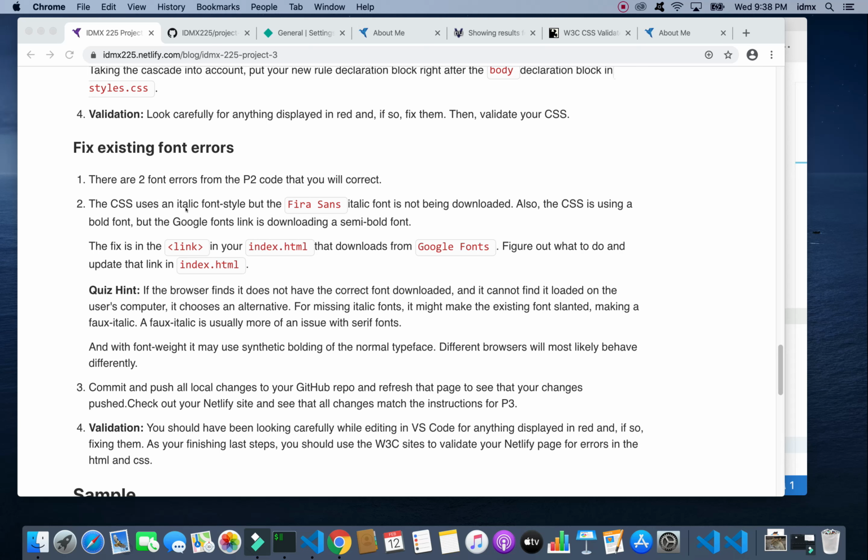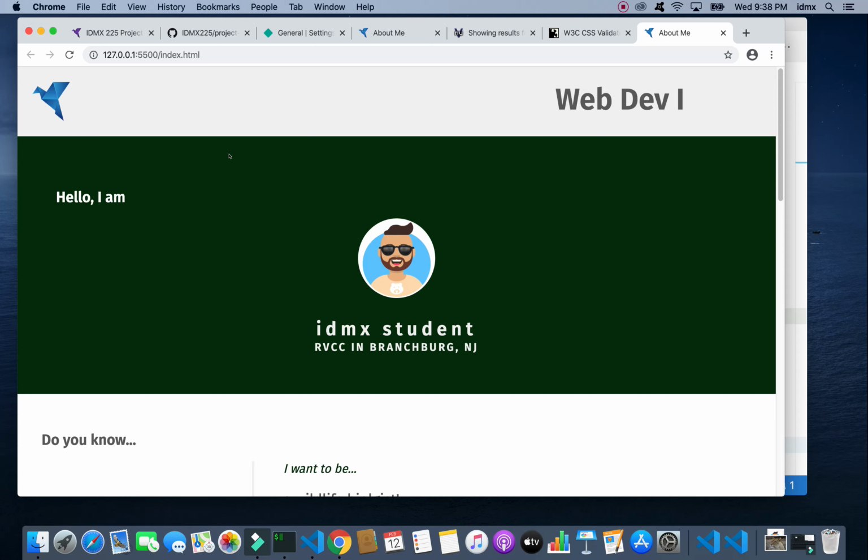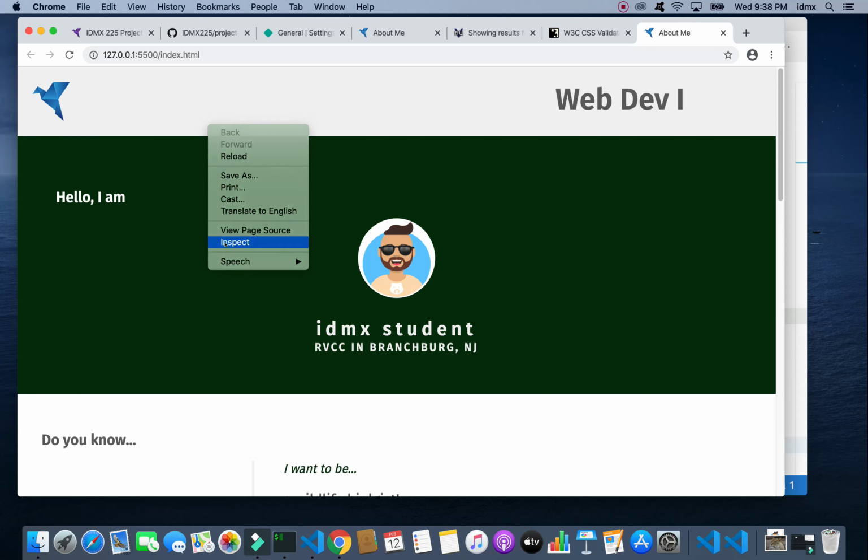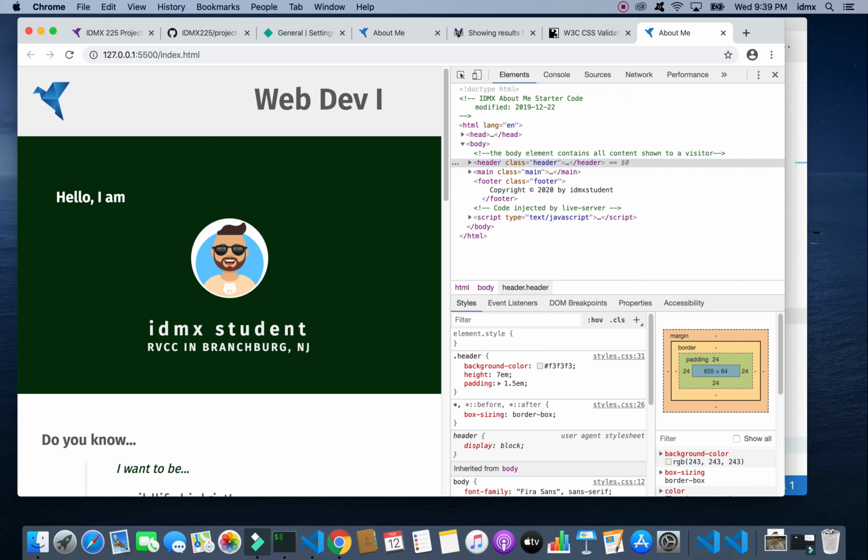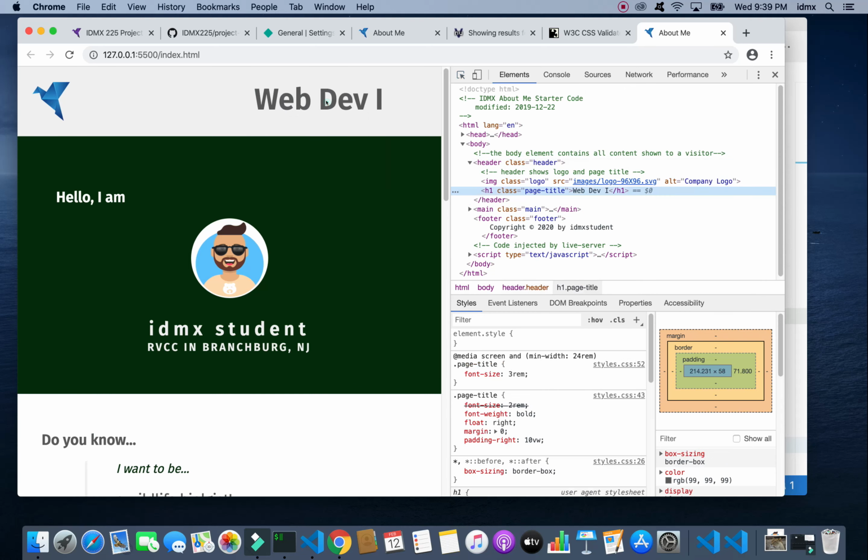We're using an italic font with Fira Sans, but we're not downloading an italic font. And also, we're using a bold font, but we're not downloading a bold font. We're downloading a semi-bold font. And we can actually take this information and verify it inside the page. Let's actually go into Developer Tools, take this cursor and click on something that's first bold, and we can see that it's actually